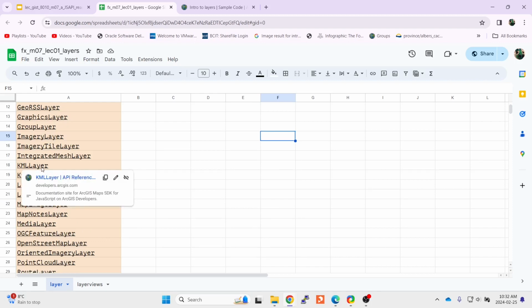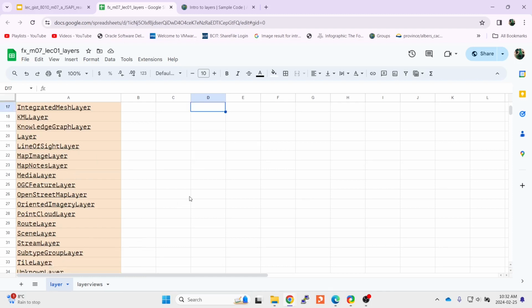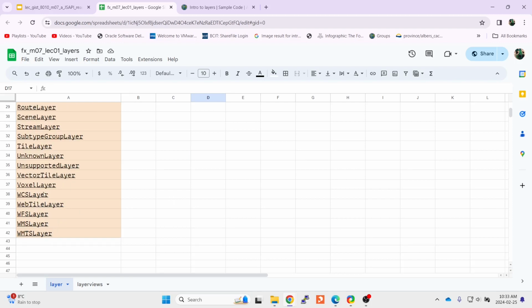KML is another one that just won't die off. It's interesting. And a lot of OGC, the OGC feature layer, which is actually OGC features but done as a REST JSON, and then all the way down at the end here, all the classic OGC web coverage services, web tile services, web feature services, web mapping services, and of course all the Esri's own services they support, as well as a different type of layer. And vector tiles over at Mapbox, right? A very important one. Tile layer is a